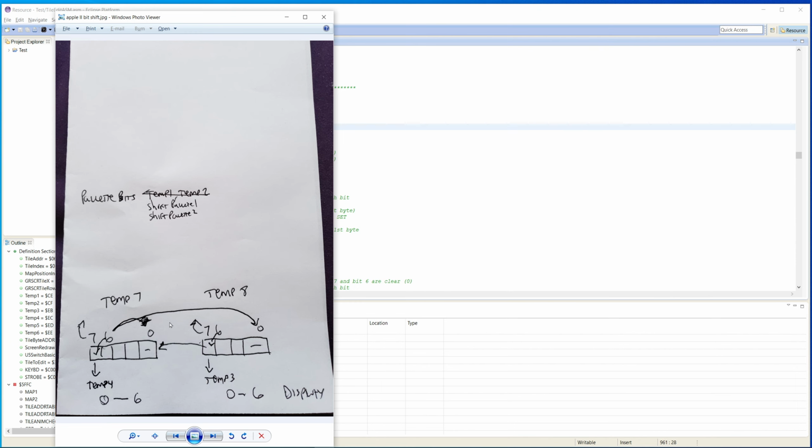We check the carry, and we set temp according to that. Temp is already 0, so we only really have to say, is the carry set? If the carry is set, we set temp 3 to 1, or whichever one it is, because we've already cleared these temp variables to 0. And then, since we're going again opposite of this diagram, we then add temp 3 to bit 0